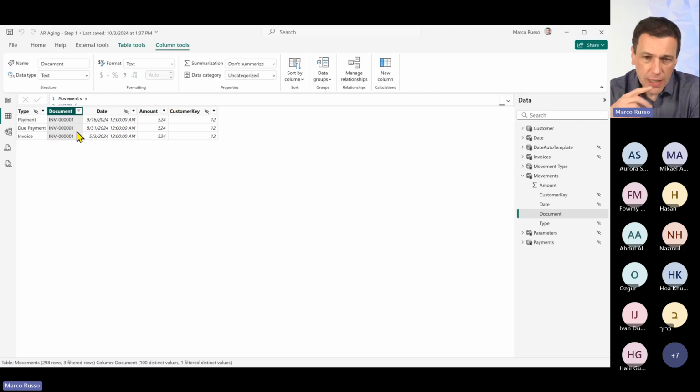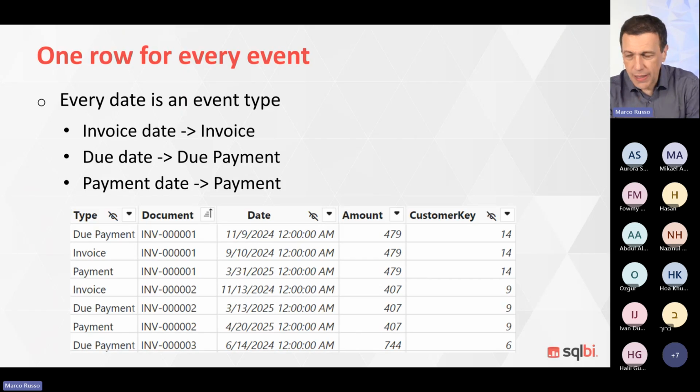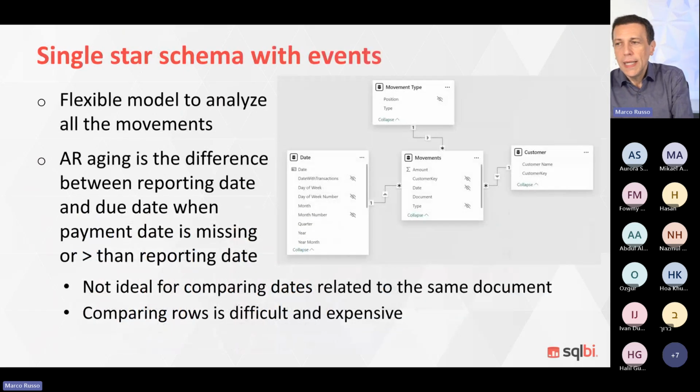So now I go back to the slides for a second because it's easier to think about data modeling when we look at the graphical design. So this is the star schema that we created. It's a classic star schema, and it is good, but it's good for reporting individual events: the amount of payments, the total of invoices due in a certain month. This is good, but if we want to know how late a payment is, that is way more difficult because it's a calculation we have to do document by document, and the document is split in different rows.